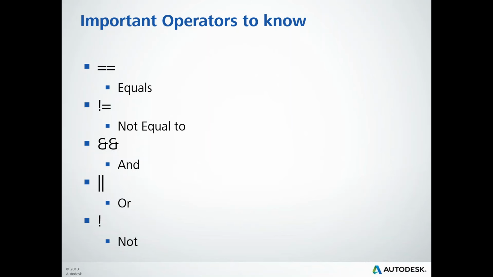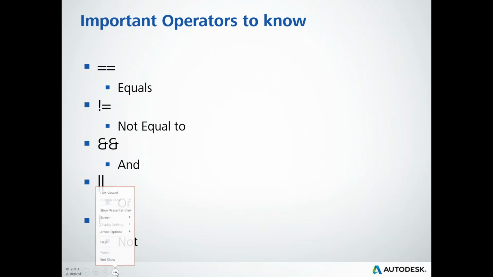If you want to evaluate multiple parameters, and I'll show you an example of it in a little bit, say I want to check for 2 parameters that are in a toolpath, and if they're there, I want to process the information a certain way, I would put 2 ampersand signs. Maybe I want to look for 1 parameter, if it doesn't have this one, or it might have this one, I can do 2 pipe symbols. And then, if you just want to say it's not true, basically, you put an exclamation mark in front of it. And we'll look at examples of these